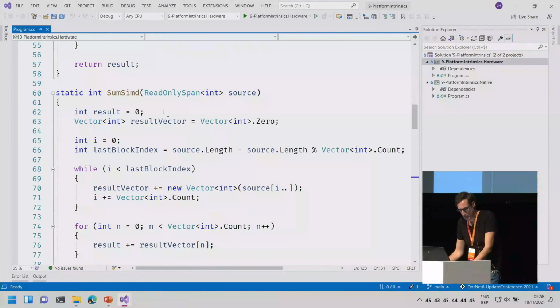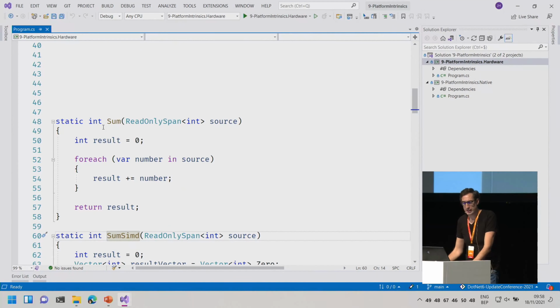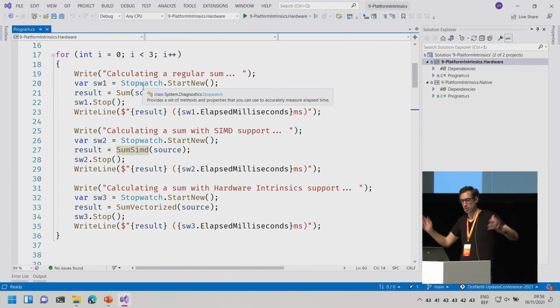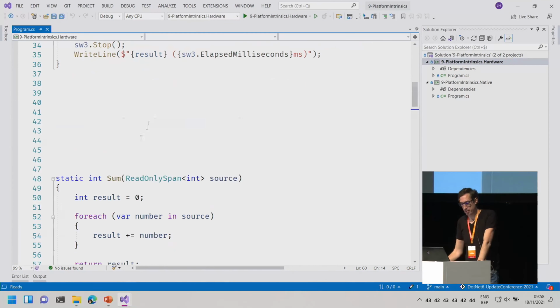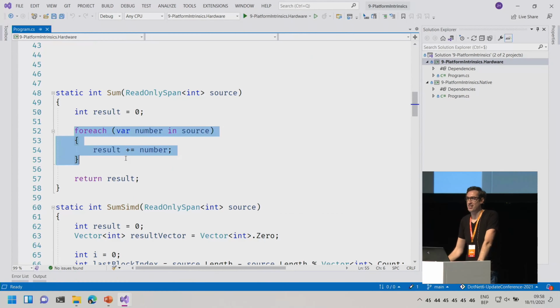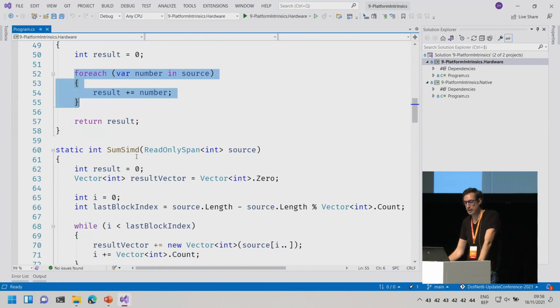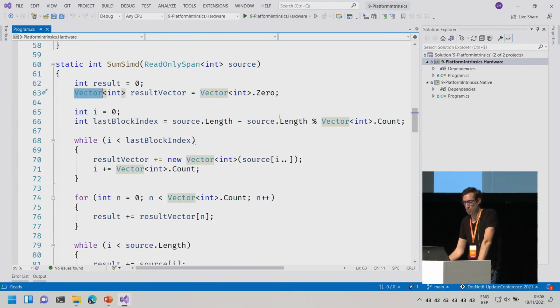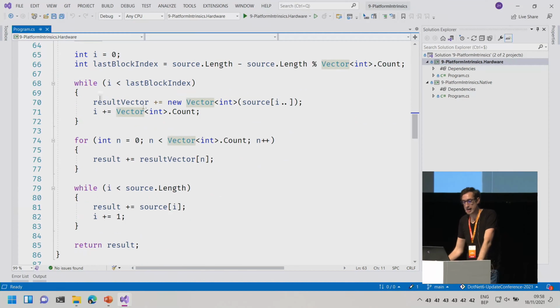So this is an example that I did. I'm basically calculating a sum of 250 million numbers. So I generate 250 million numbers, and I'm adding them all together. You can do that using a foreach and just adding all the numbers together very quickly, or you can use that single instruction, multiple data. And for that, you need to create a vector with a specified length that depends on your processor architecture, how long a vector can be. You just put all of those numbers in vectors, and then you're just adding vectors together.